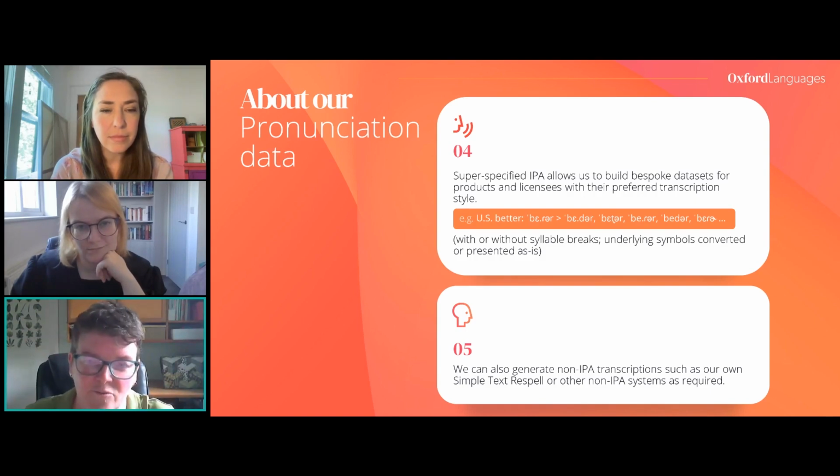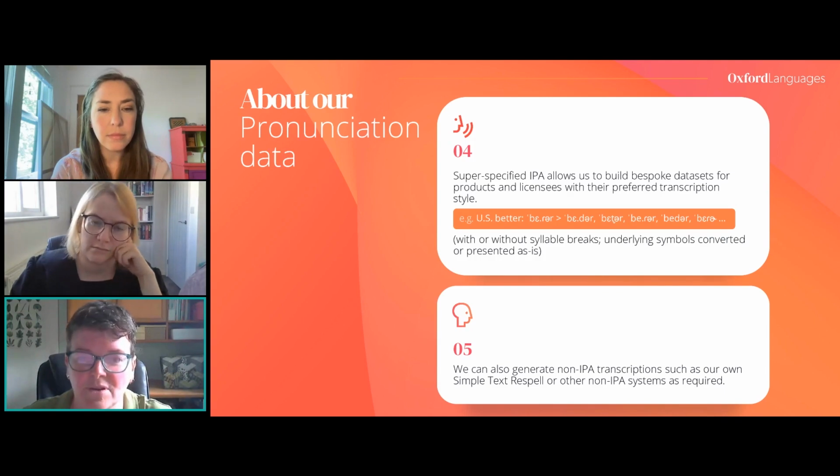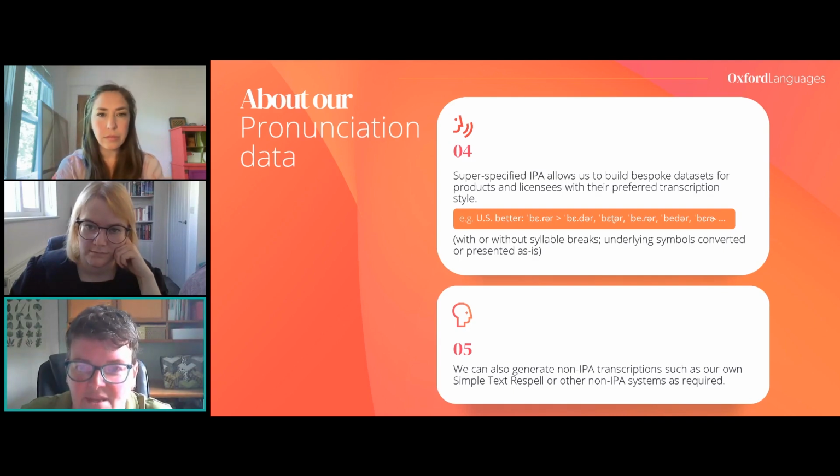Now, the different varieties that you've got presented. In the first one, that flap T is being represented with a D instead. That's how OED chooses to do it. We can represent it with a T with a little voicing diacritic underneath. That's how another OUP product presents it. Some people prefer a different symbol for the first vowel, so you can see the regular typed-looking E rather than the script one, the Greek-looking one. And then the same thing again with the D symbol.